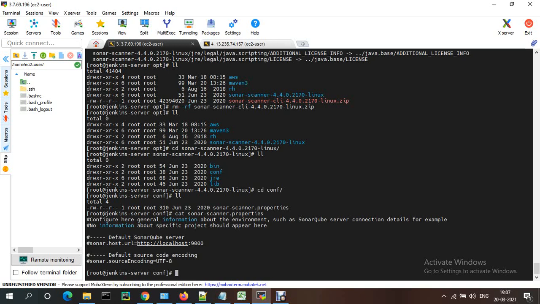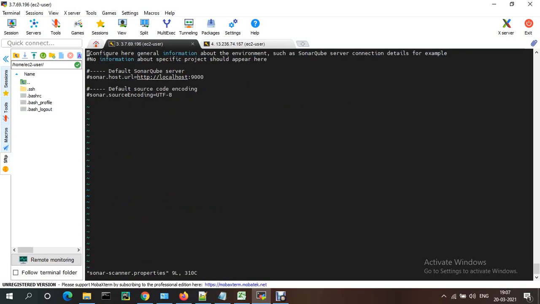All these things we just need to provide. Okay, let me edit this file. So our Sonar default host URL is the IP address.